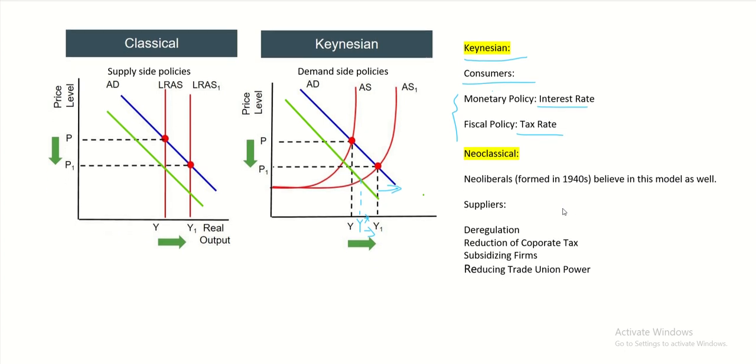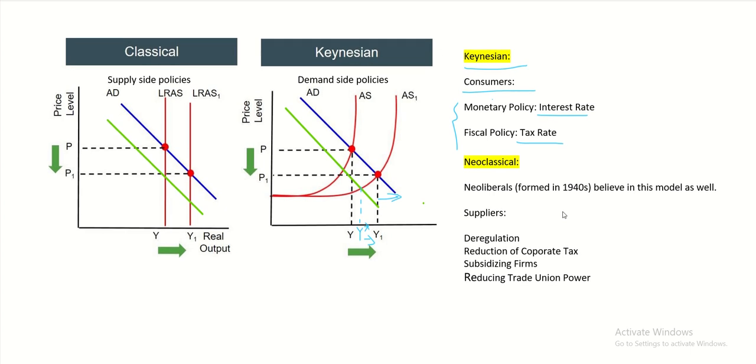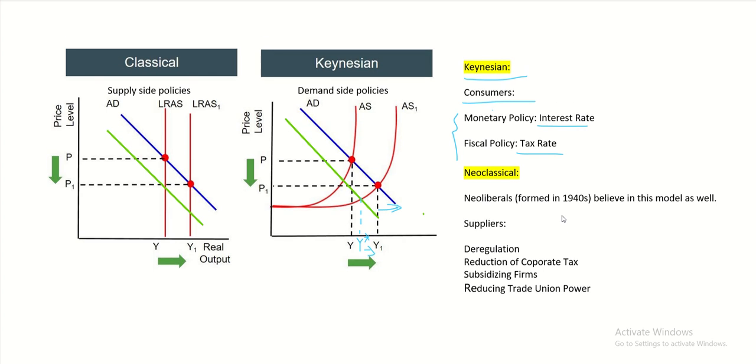However, during the 1970s, there was a collapse in the global economy. That is mainly because of stagflation, and Keynesian economists were unable to fight against stagflation, which is the simultaneous increase in the inflation rate and unemployment rate. They could not deal with it. So the neoliberals,